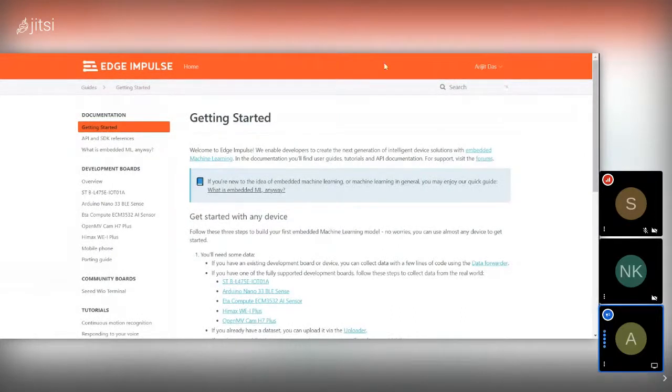So this is the documentation page of Edge Impulse where you can understand things pretty easily. As of now, Edge Impulse automatically supports how many? One, two, three, four, five, six boards along with the mobile phone. So it's pre-supported, easily supported. You can directly flash the board. No need to change the code for any different board. Directly you can flash the code and, ta-da, it will start working.